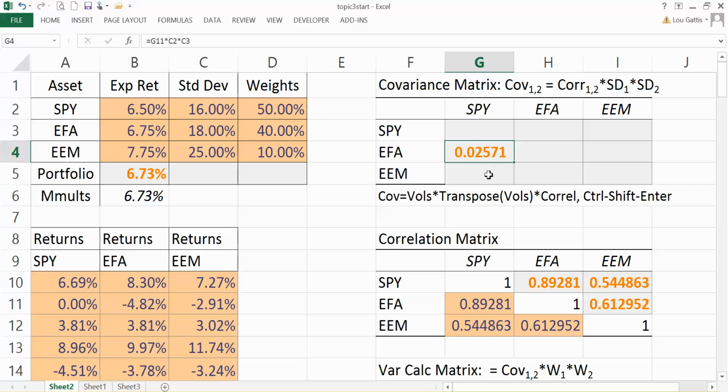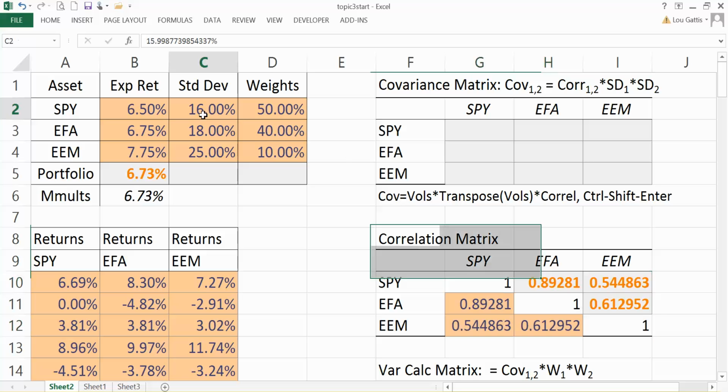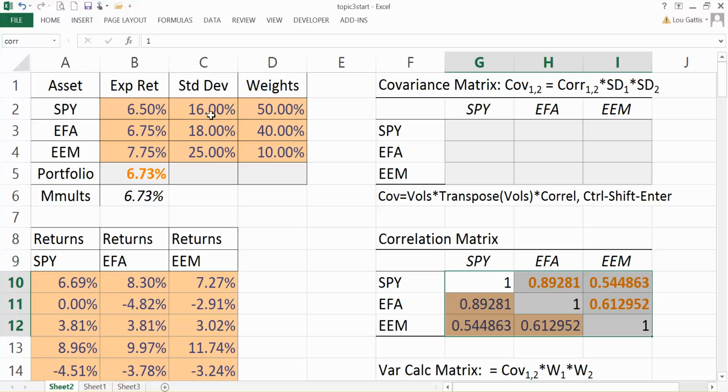Instead of doing it this way, one at a time, I can highlight this whole area. In fact, first of all, let's do another named range. Without the labels, let's call that core, for correlation matrix. Alright, so I gave that a named range of core. Let's call these three standard deviations vols. So now I have core, I have vols. So now, write this function, this calculation, equals vols